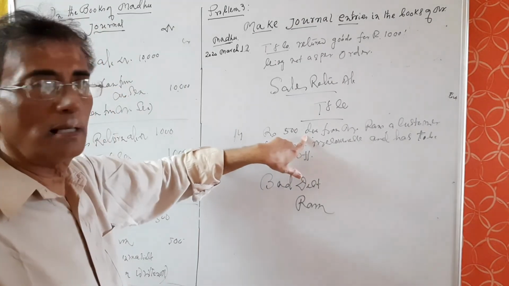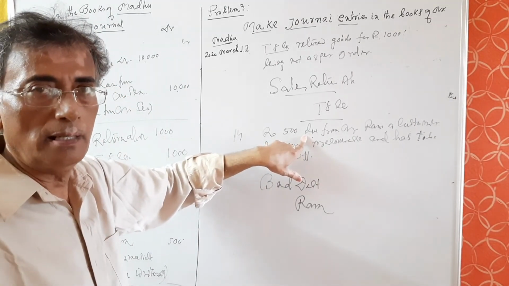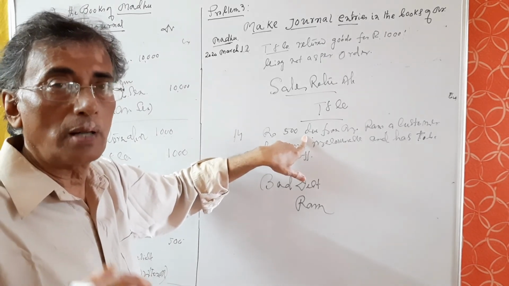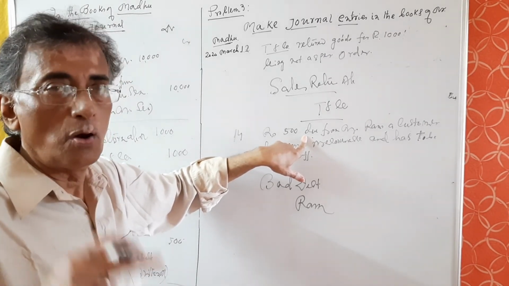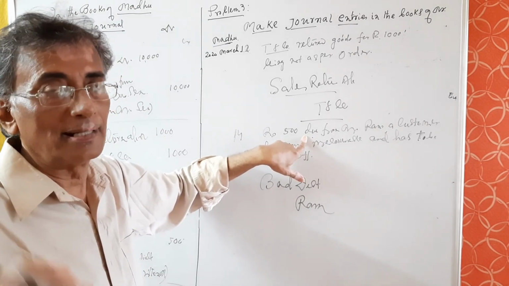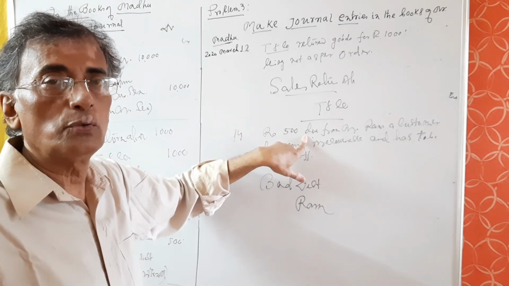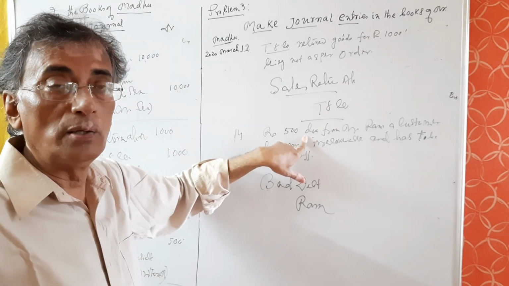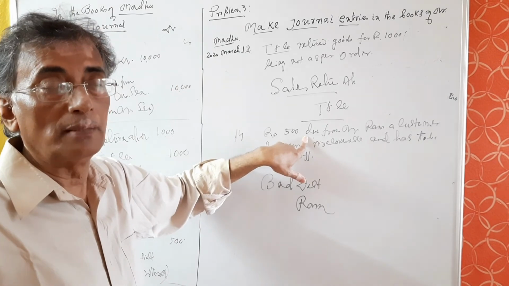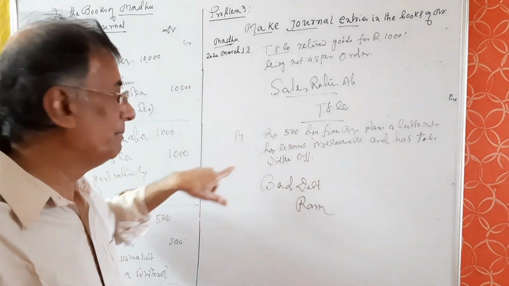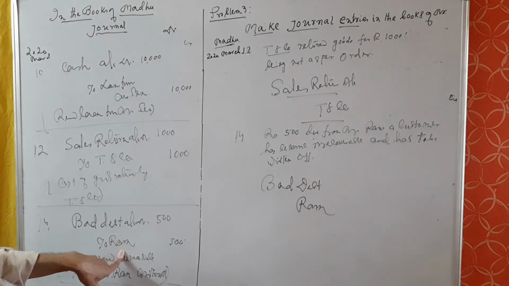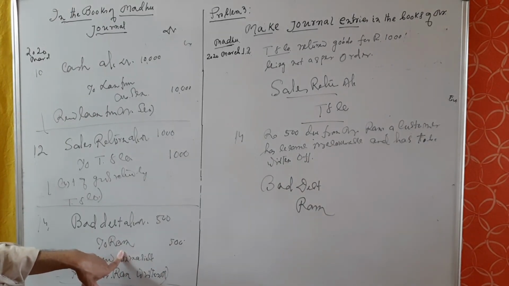I have already discussed in the earlier class what is bad debt. Amount which becomes irrecoverable or unrealizable from debtors or customers to whom goods are sold on credit is treated as bad debt. Bad debt belongs to nominal account, and as per golden rules of nominal account, all losses and expenses are debit and all incomes and gains are credit. Bad debt is simply loss, so bad debt account has been debited, and Ram account is credited because his account is being closed.